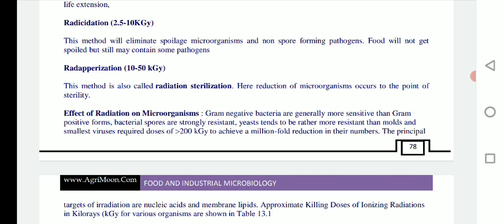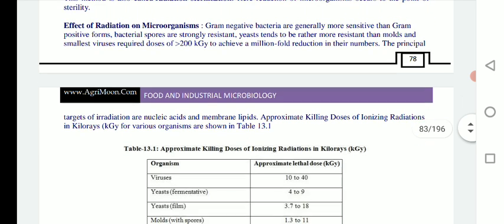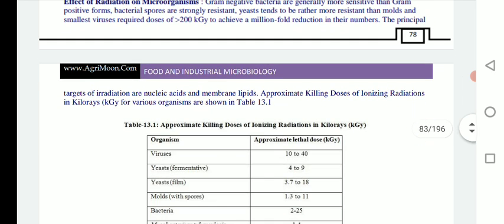Then next, radappertization. This method is also called radiation sterilization, and here reduction of microorganisms occurs to the point of sterility. So we can say that by using this radiation procedure, we can eradicate completely all forms of microbial life. Here, the effect of radiation on microorganisms includes